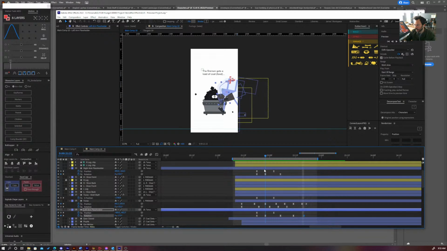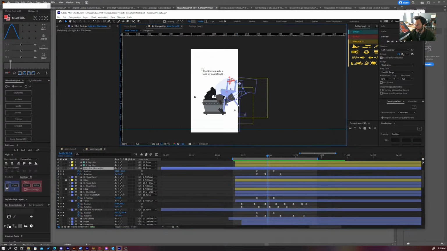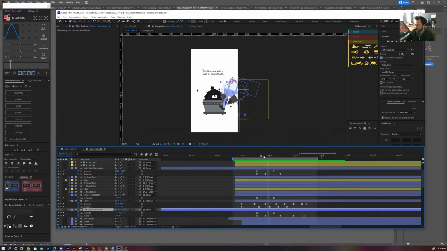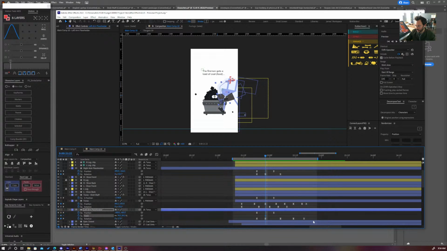I feel like maybe this arm would probably start the other way. So I'm just gonna pull up the scale, and I'm going to right click and toggle hold keyframe. I'm going to uncheck this link button, and highlight the X number. It's such a crazy number, but I'm just going to put a negative in front of it, and you can see